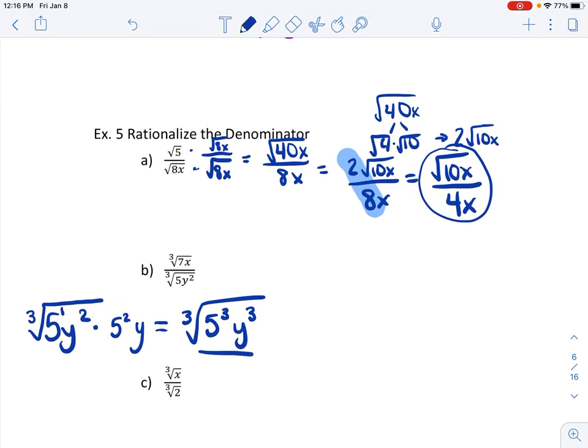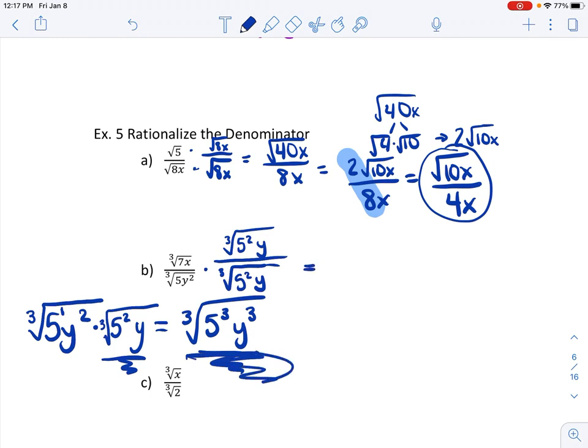Now there's one other big part here that I hadn't written out yet. This is actually a cubed root still. So we just figured out what we need to multiply both the numerator and denominator by making it equivalent to this in the denominator eventually. So we need to take the cubed root of 5 squared times y in both the numerator and denominator. This will get our denominator to equal what we had set up right here. The cubed root of 5 cubed y cubed